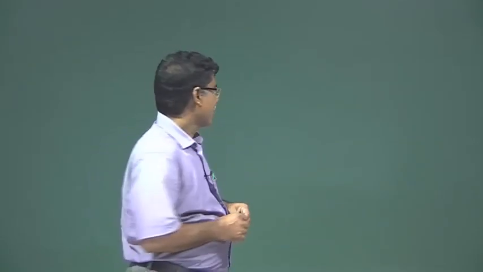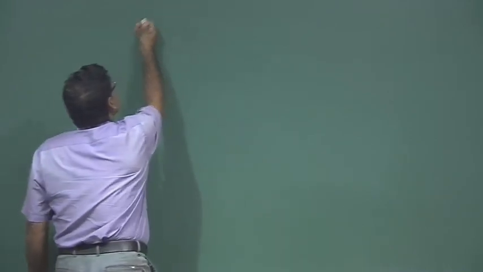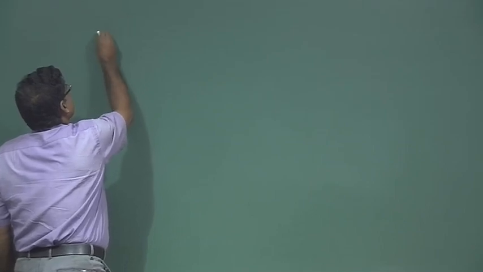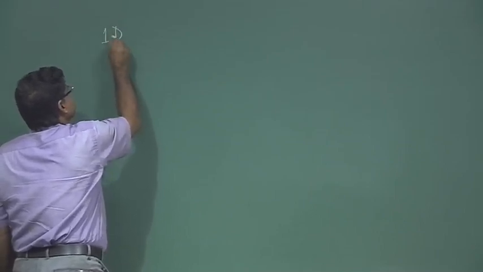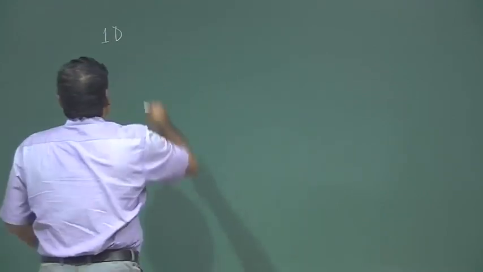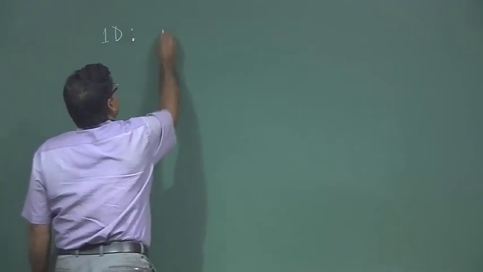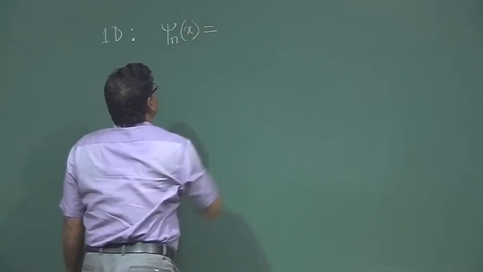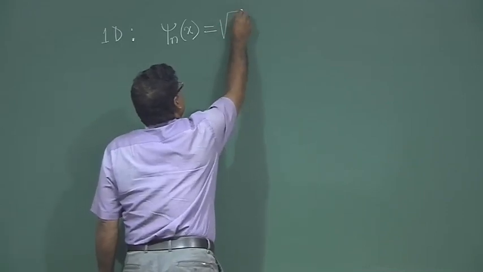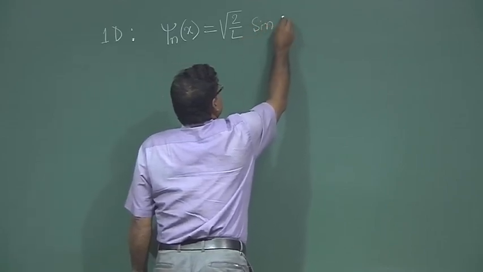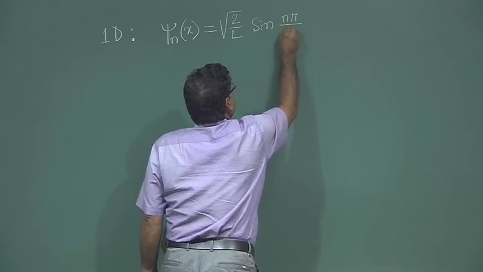So, for Fermi free electron gas, also called Fermi gas because electrons are fermions. For a one dimensional electron gas, we have seen that the wave function psi n equals square root of 2 by L sin n pi by L x,